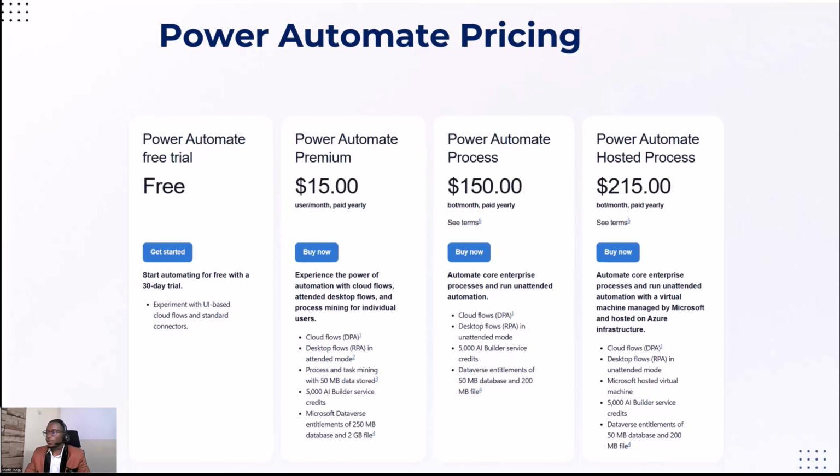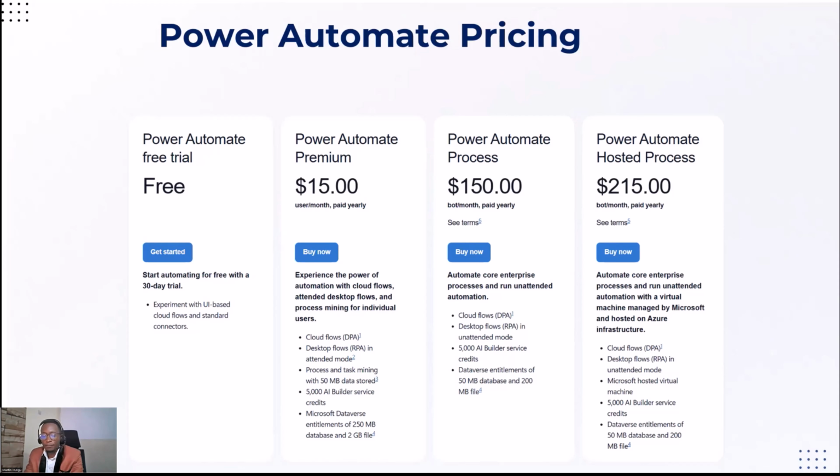And that goes on and on. If you want a per bot, it's $150, and we have this running in an attended mode. If you want to host this so that it runs on its own, then it's $215, where it's hosted in a virtual machine. It doesn't take over your screen, it runs on its own.